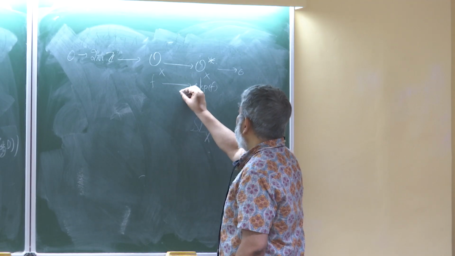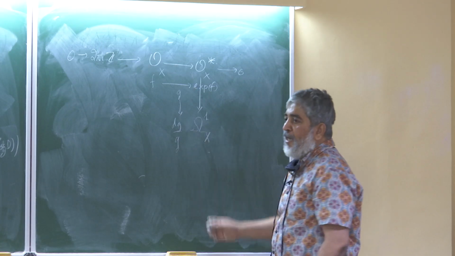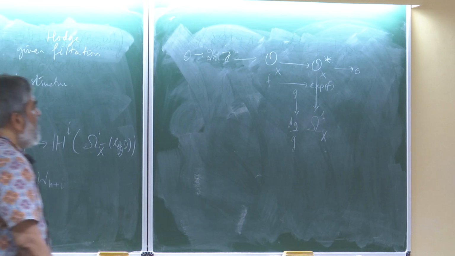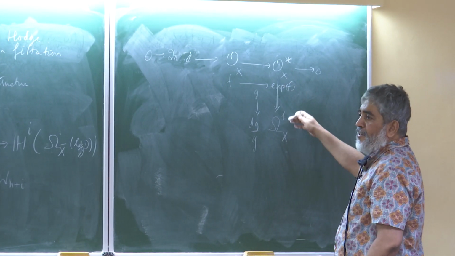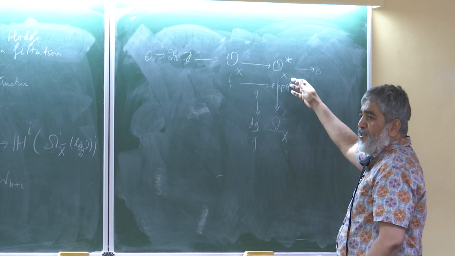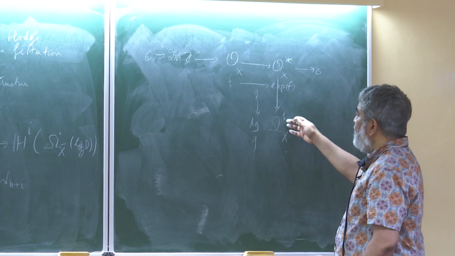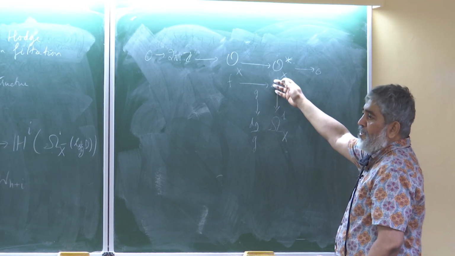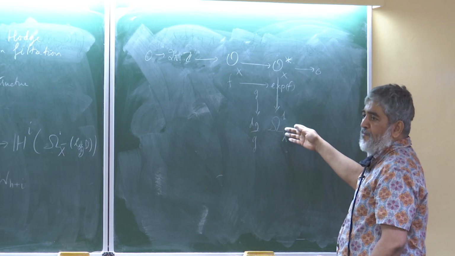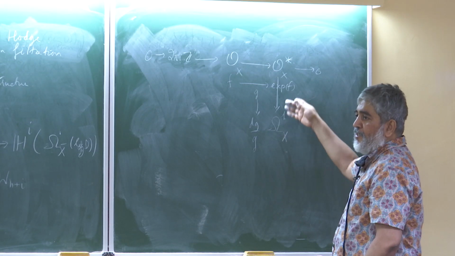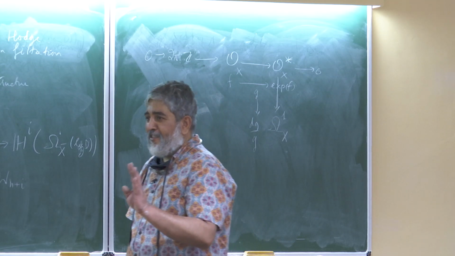I have a map from g goes to dg by g. This is a purely algebraic map. So this map is well defined, doesn't involve whether it's complex numbers, whatever, right? This map is always well defined. And this is exactly the map which, at the H1 level, will give me the class in Pic. The first Chern class in Pic. Except that, as Nitin will point out, you have to be careful about the sign.